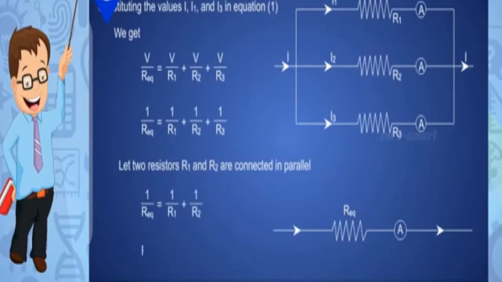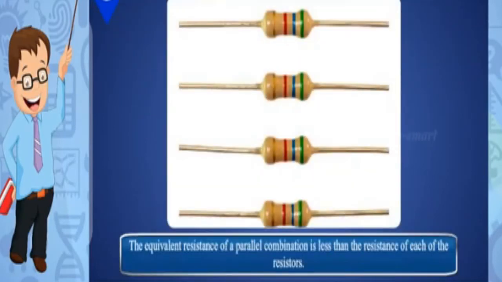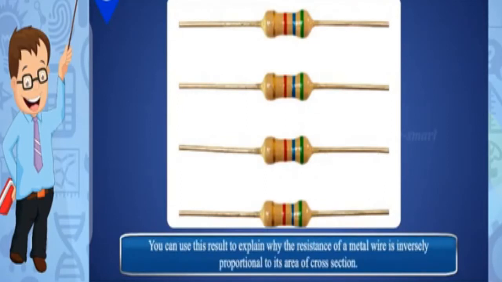Req equals R1 R2 by R1 plus R2. The equivalent resistance of a parallel combination is less than the resistance of each of the resistors. You can use this result to explain why the resistance of a metal wire is inversely proportional to its area